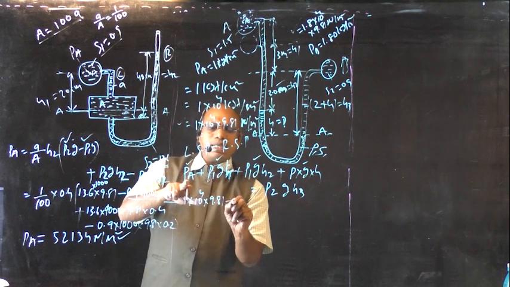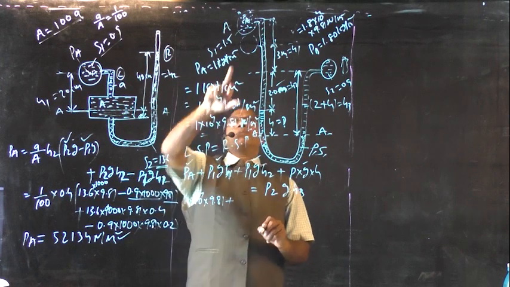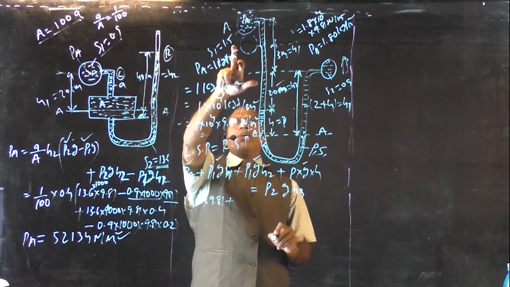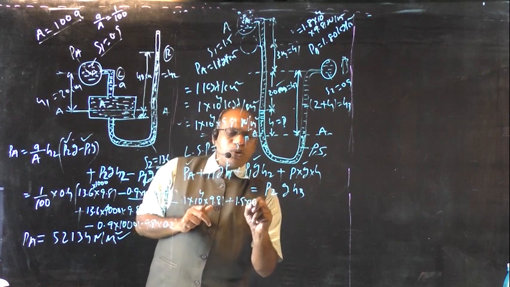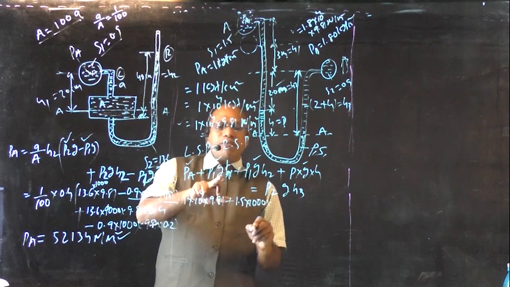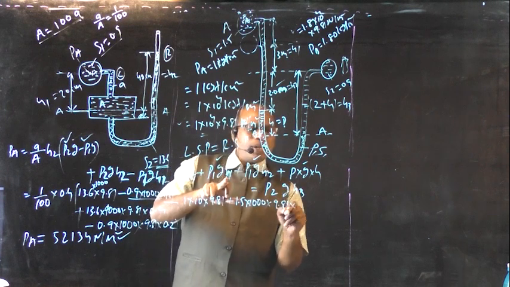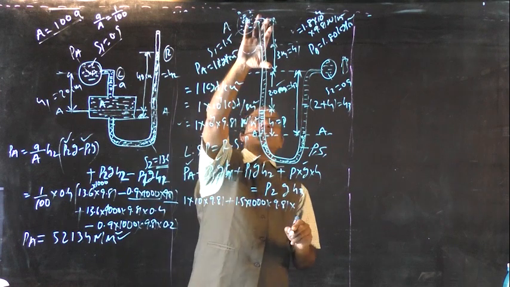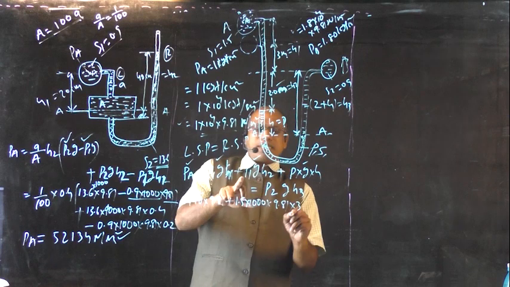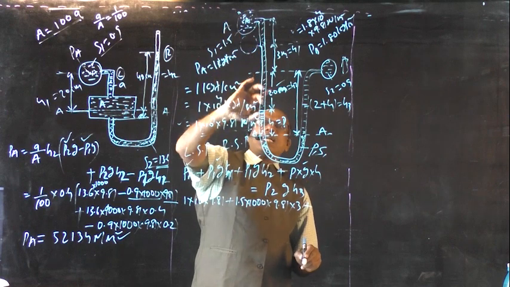This is the pressure in pipe A, plus rho 1, specific gravity of the fluid given 1.50. Therefore density is equal to 1.5 into 1000, density of the standard liquid, into g 9.81 into H1. H1 is nothing but 3 meters,